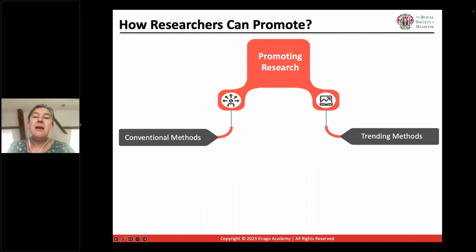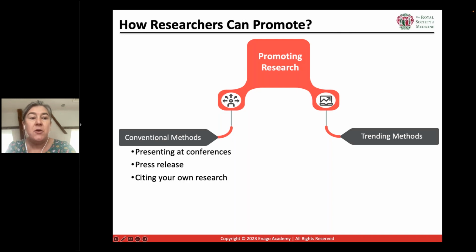And as we alluded in the table of contents at the beginning of this, there are two main strands of ways to promote your research. We like the conventional ways, which include presenting at conferences, releasing press releases, and building sites, including to a certain amount self-sites.